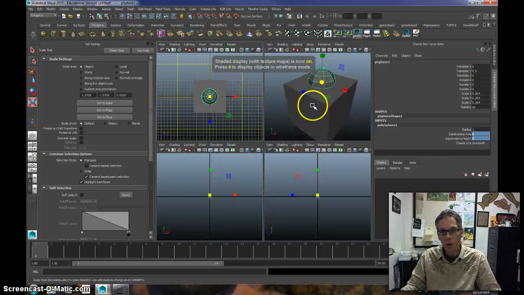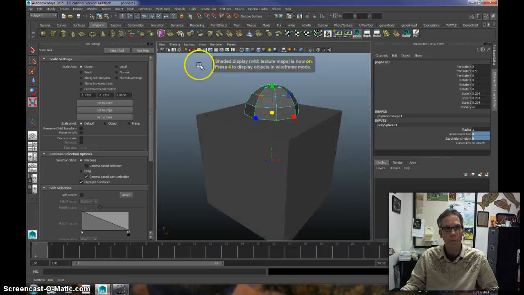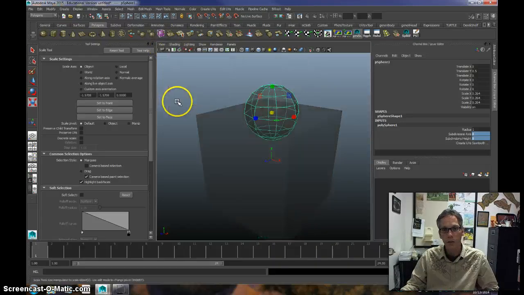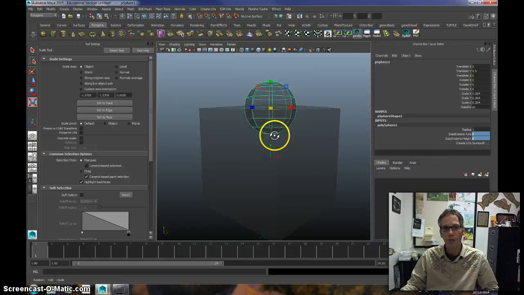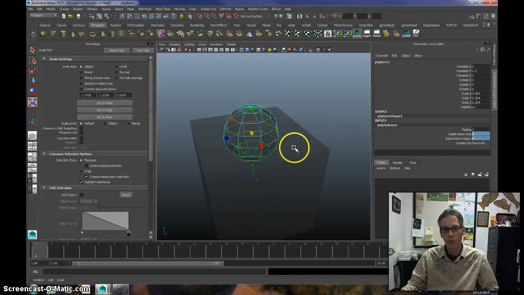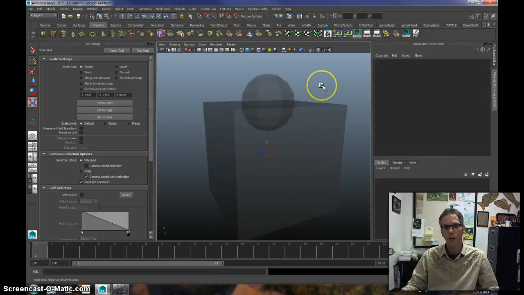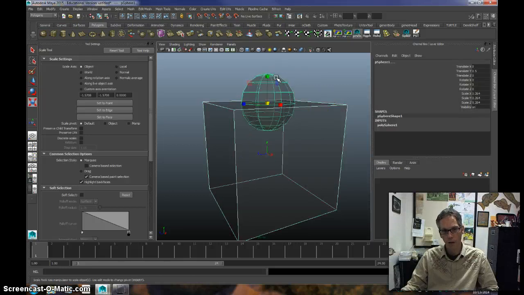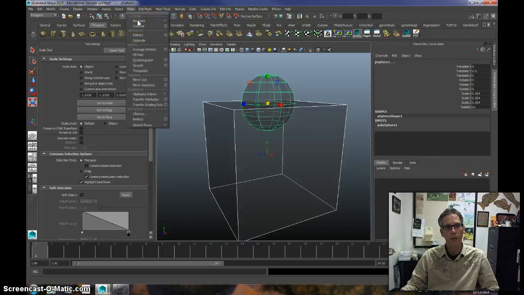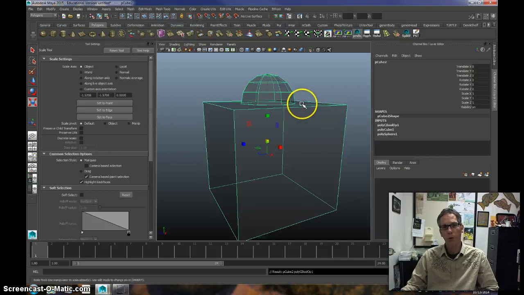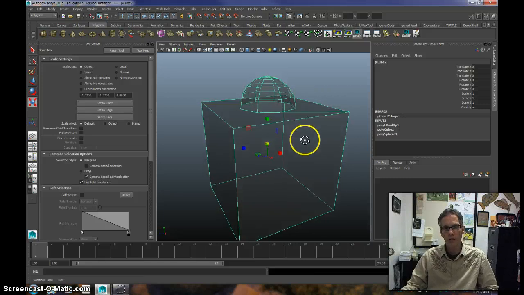And I'm going to go into X-ray mode so that you can kind of see through it a little bit. You can see the sphere inside the cube. Now what I can do is use Booleans to say this object can be carved by this object. So if I go up to Mesh and go to Booleans, the very first option here, Union, is going to combine these two meshes, and it tries to connect